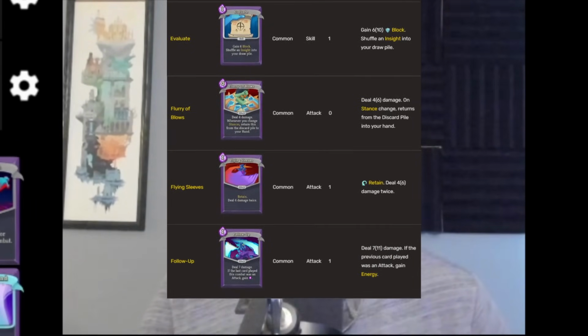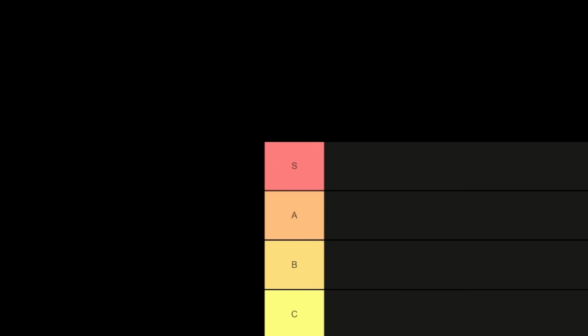Today I want to talk about the cards of Watcher. I'll be ranking all of her cards, starter cards included, from a scale of D to S, or S to D I guess if you prefer, with a ranking based on how often or how not often I find myself